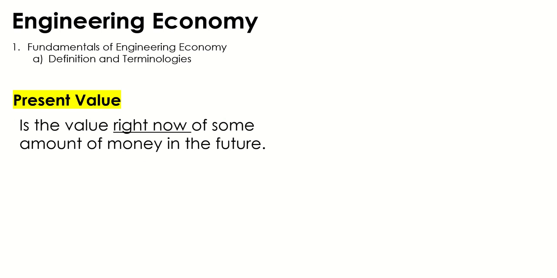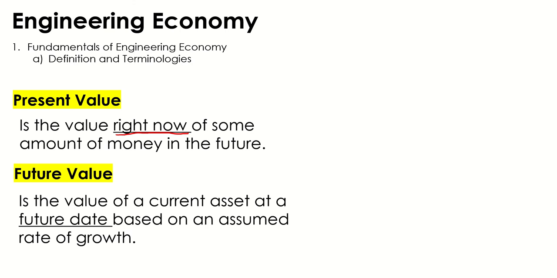Okay, so next is present value. Present value is the value right now of some amount of money in the future. And in contrast, we have the future value. Now, this is very tricky because you have to ask yourself, why are we talking about present value and future value? Why? I think one of the easiest examples for this is our elders, our parents,